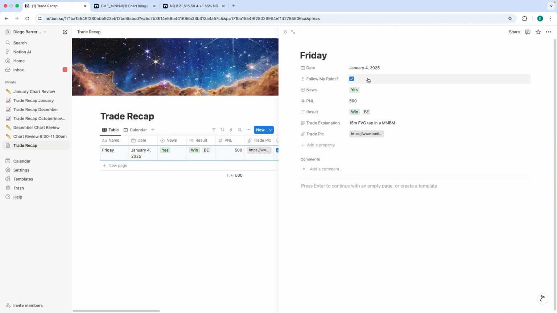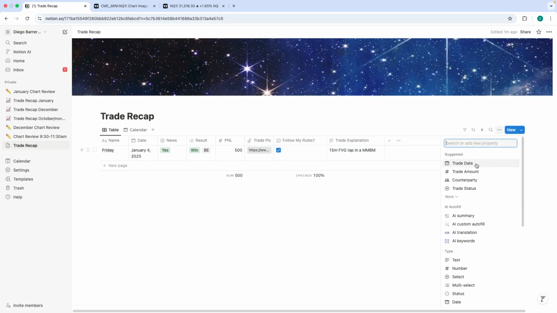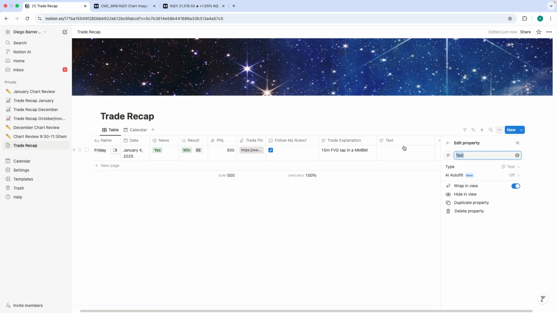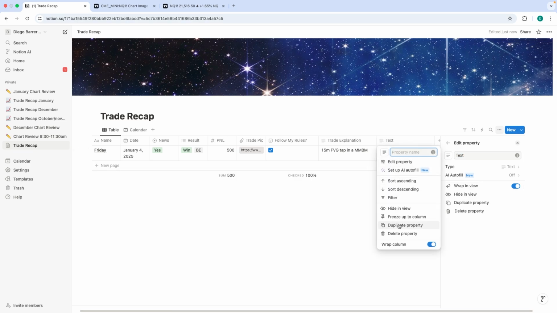You have the date, that I followed my rules, and you can quickly glance at this and see, okay, we won 500 on this trade. There was news this day. Cool. This is my trade. Okay, I took this as a 50-minute fair value gap tap. That's again where I just add more of these notes tabs right here, or text tabs, and I do reflections,